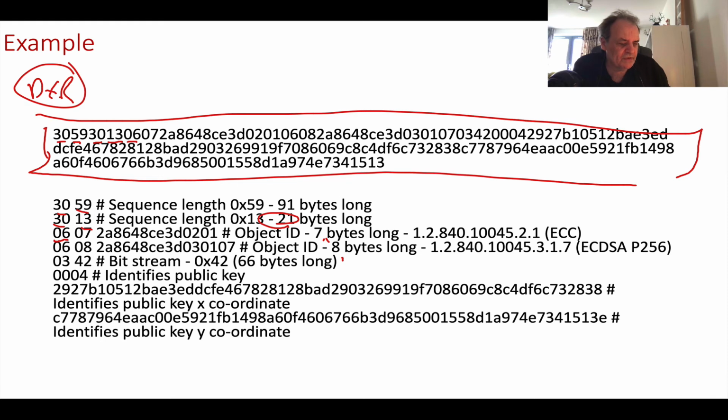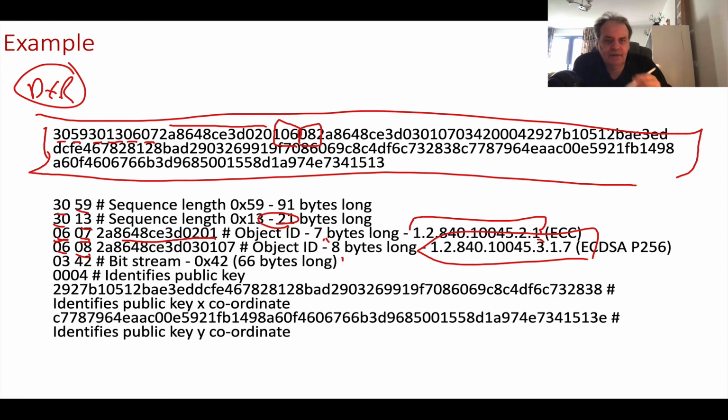So next we come across a 06 and a 07. So 06 is an object identifier. It's going to be 7 bytes to identify it. And this is the identifier here, which, as we've seen before. If we go along, a 06 and then a 08, once we've interpreted that part. So the 06 and the 08, that identifies the elliptic curve type here. And then we can keep going along until we get to the 03, which is the next one here. So that's the object identifier in there.